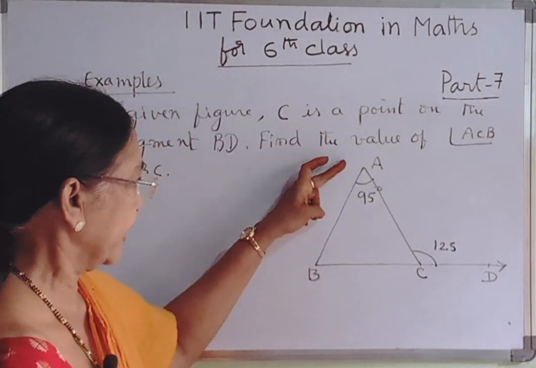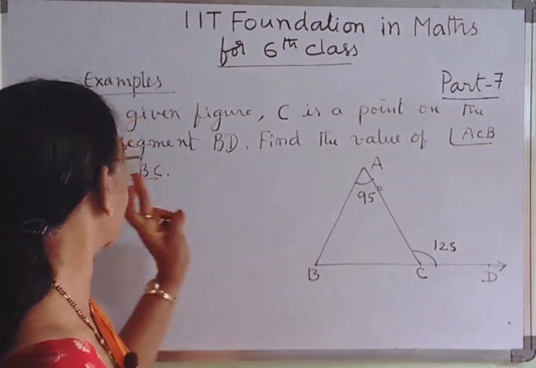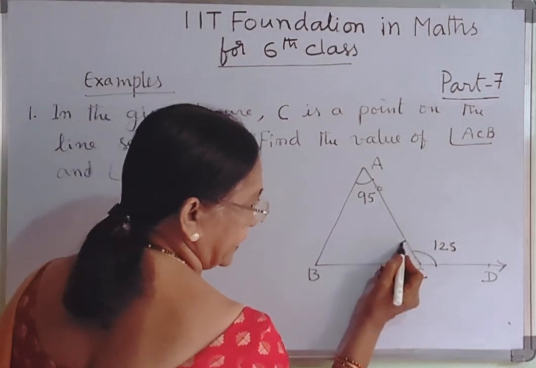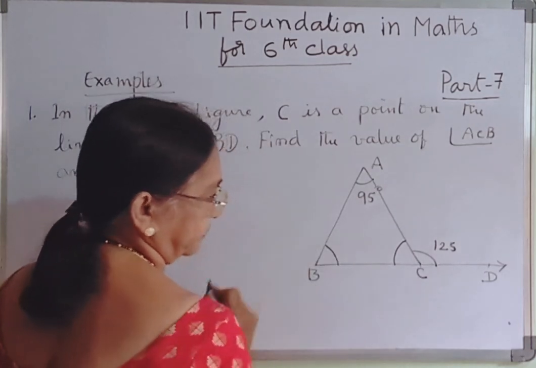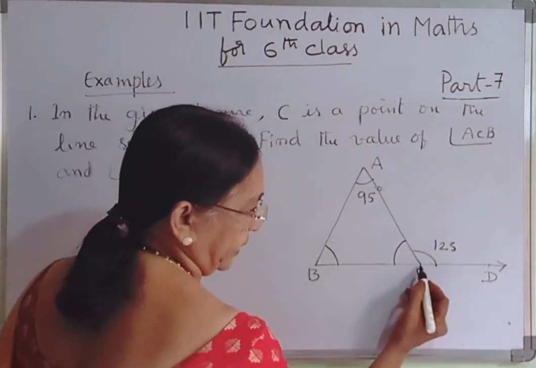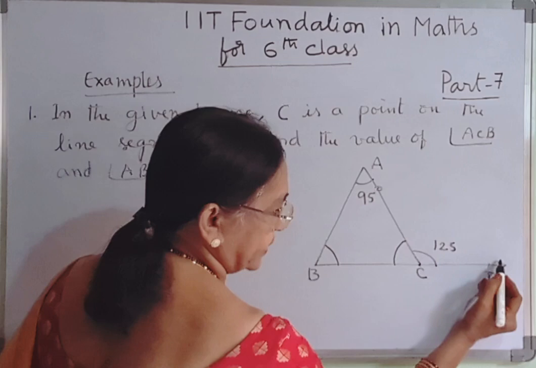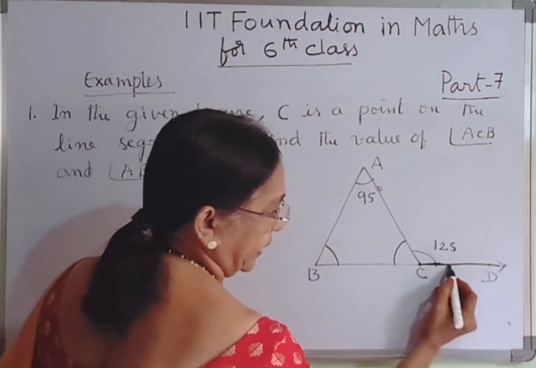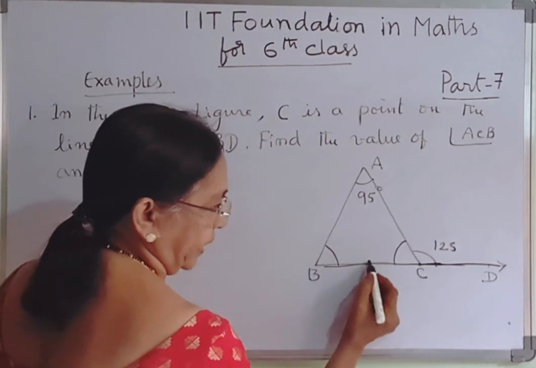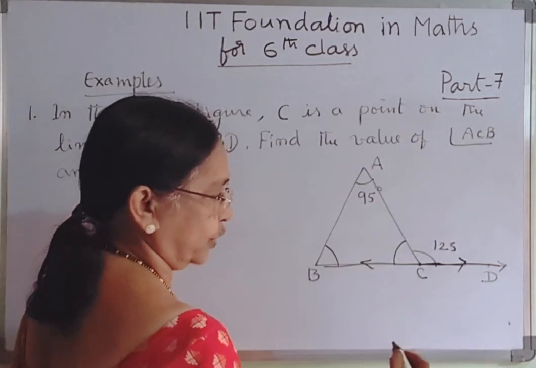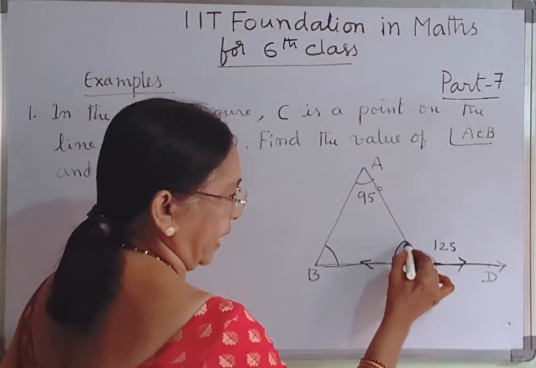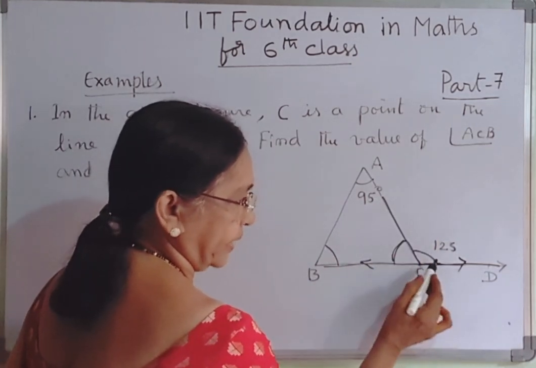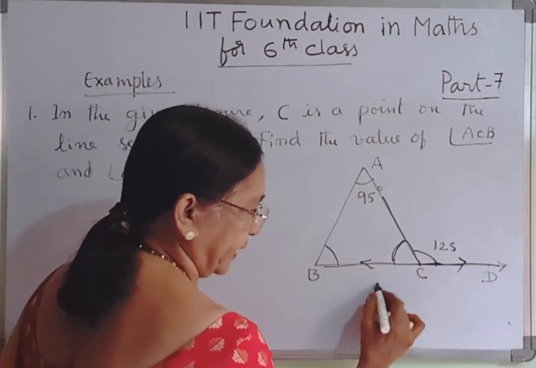Find the angle ACB and ABC. So we have to find out this angle, and if you observe here, C is a point on this line. Therefore, from C it is a ray, and this is a ray facing opposite to each other, and this is another ray. So two angles are formed on either side, and these two form a linear